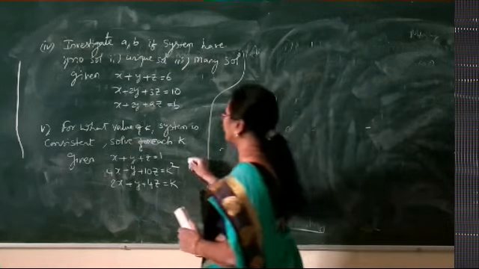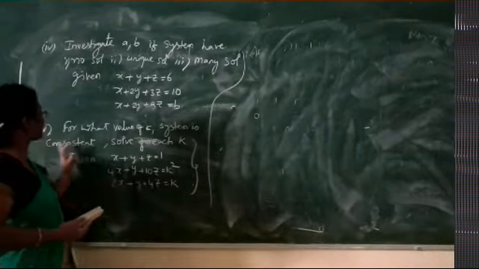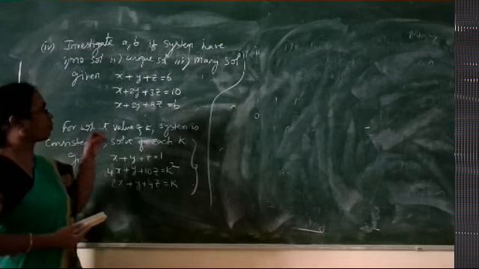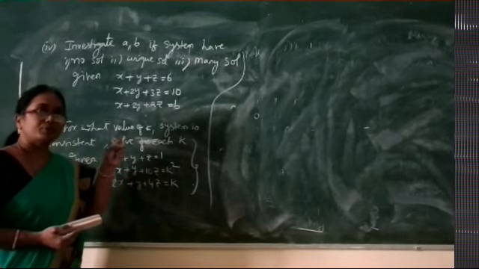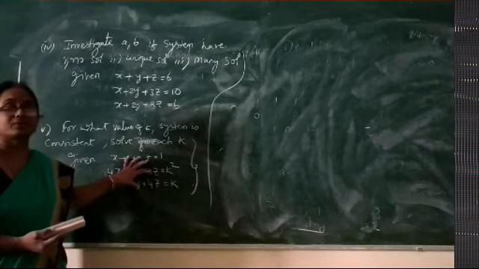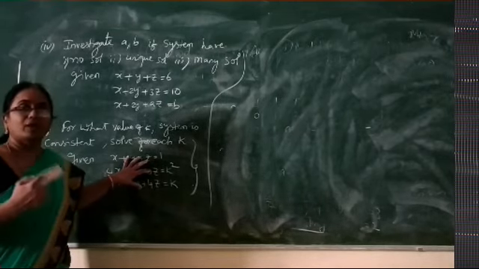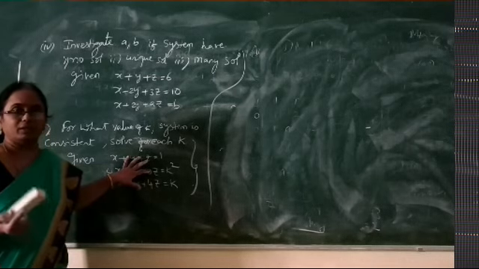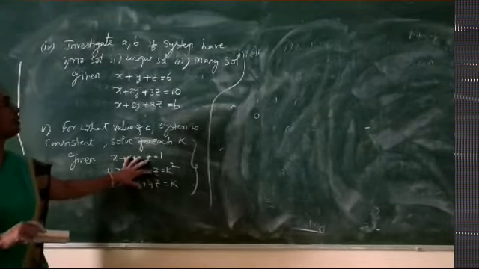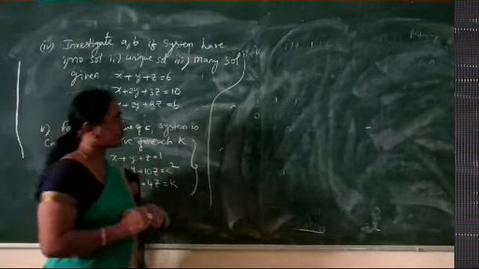Right? From the third problem, what is the problem given? For what values of k the system is consistent? First we have to inspect for which value of k the given system is consistent, possesses at least one solution. Rank of A equals rank of AB is true for what value of k. Then we have to find for different values of k what is the solution. The same process once again.